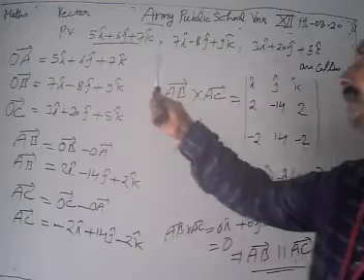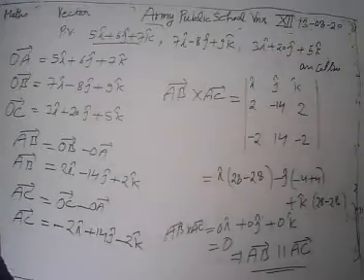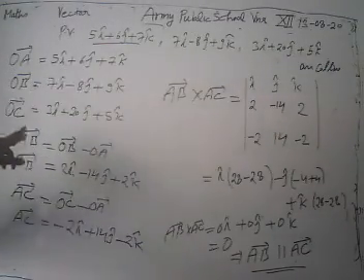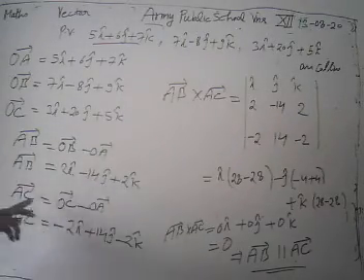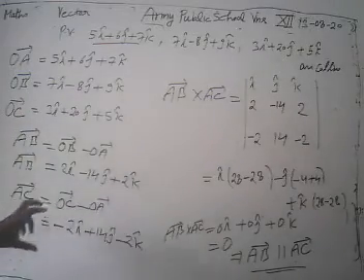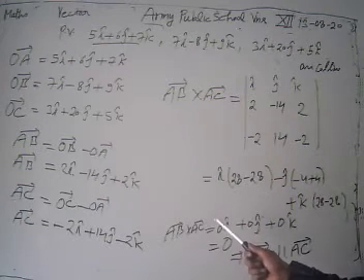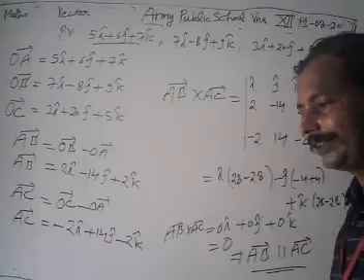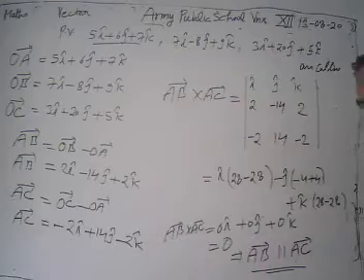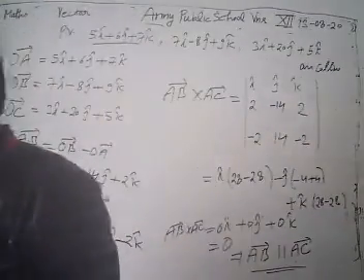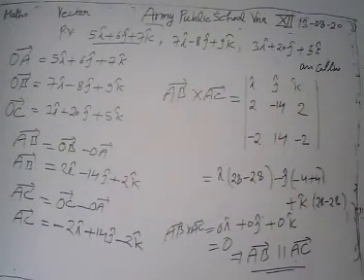What do we do? First of all, since the position vectors are given, we take the same origin O, and vectors OA, OB, and OC are given. Then we find vector AB. How can we get vector AB? OB minus OA. How can we get vector AC? OC minus OA. Getting the vectors AB and AC, we show that the cross product of vector AB and AC is 0. It means vector AB and vector AC are parallel to each other. But they have the same common point, the same common origin A. That means our 3 points, whose position vectors are given, are collinear.